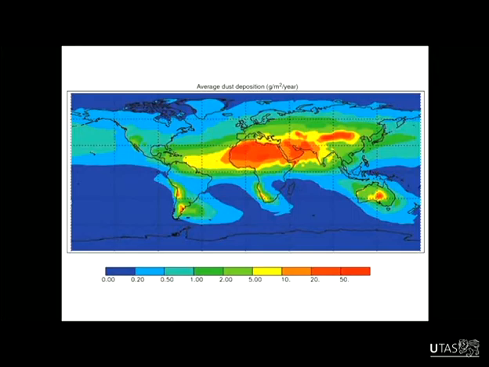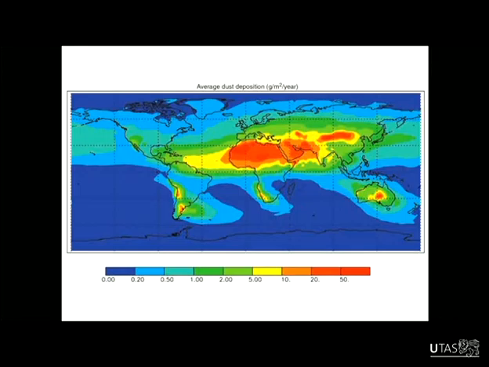Iron is the second or third most abundant element in crustal material. So anytime you get crustal material, so dirt, dust, sediments, being put into the ocean, that can act as a source of iron to the ocean. But remember that iron is very insoluble. So of any of this dust that's making it into the surface waters of the ocean, probably less than 1% of the iron contained in that dust can be solubilized into seawater to be biologically available for phytoplankton.